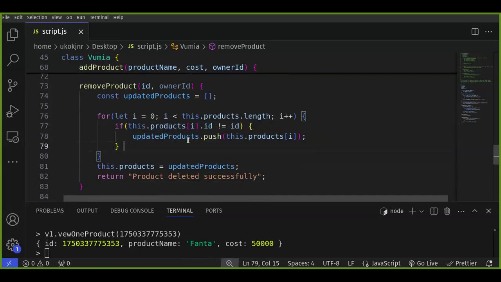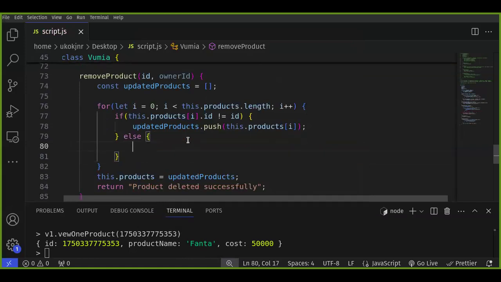So before deleting it, we want to write an else statement to check if the owner is the person that is trying to delete that product. We want to do that. So we'll now say else if